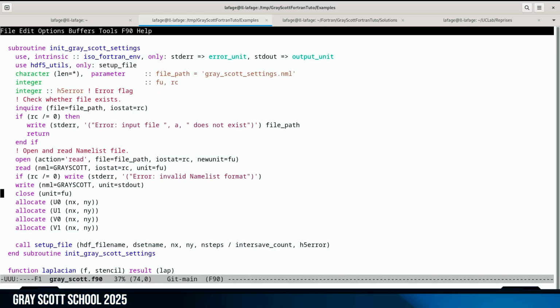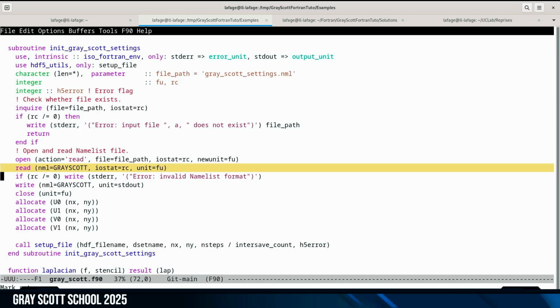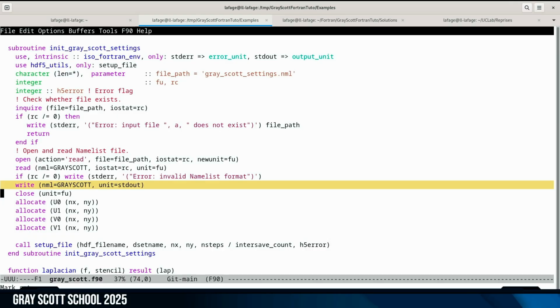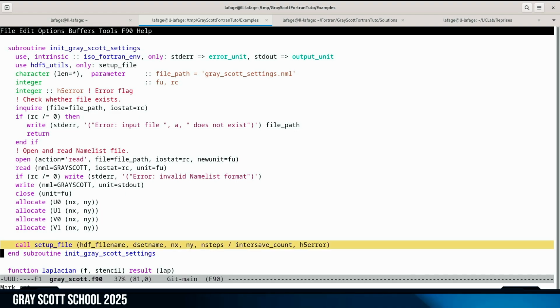And in the introduction, we read the values inside the namelist file, and we write them to the output in order to check that everything is working. Okay. Then there is some black magic with the HDF5, but